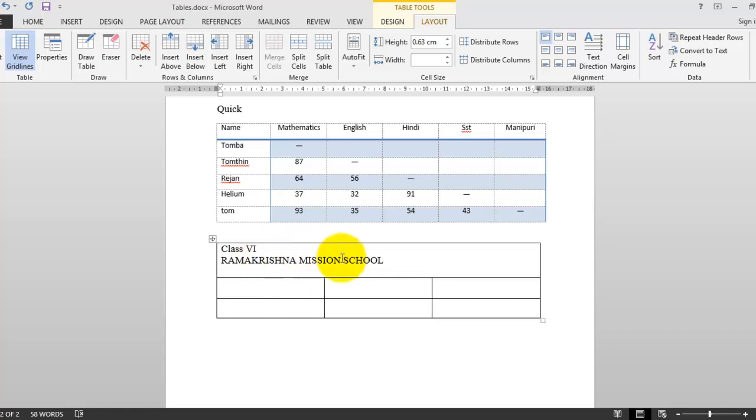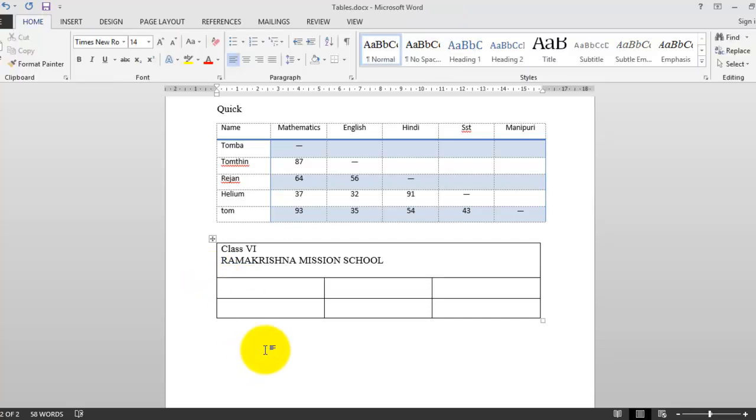Now look here. After this, outside the table also, if you are using tab, the same thing happens, the cursor moves in a new line. If you are using tab, look here, I'm using this tab, it jumps 5 steps. Look, this is using tab, but here